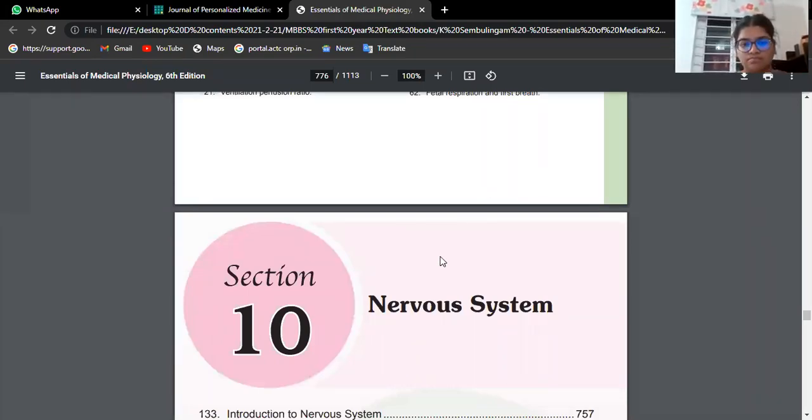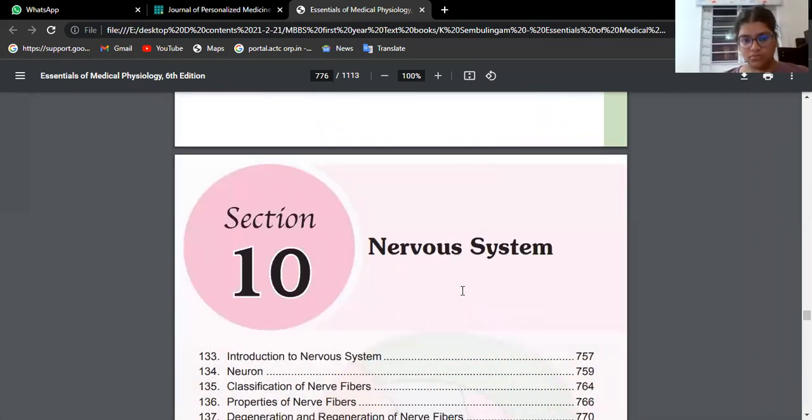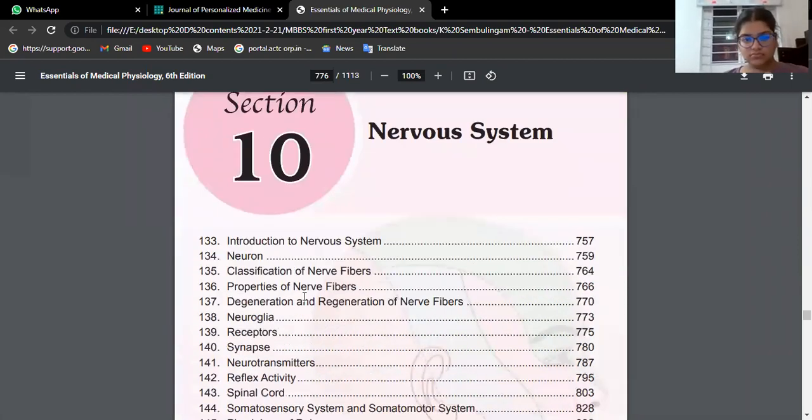Final exam. Whether it is internal assessment or finals, generally paper 1 and paper 2 will be there. So all those topics that you have in physiology will be split into 2. Now this is the nervous system. This is a very big chapter in physiology, from where you get a lot of questions. Even essays come from this chapter. Okay, from the nervous system. So now let us talk about